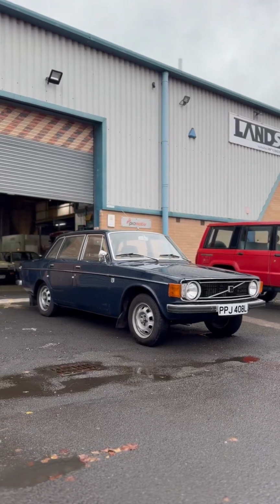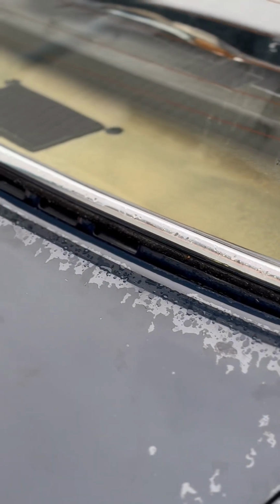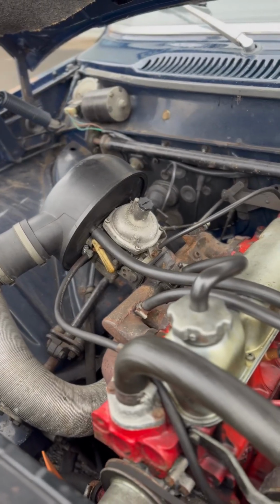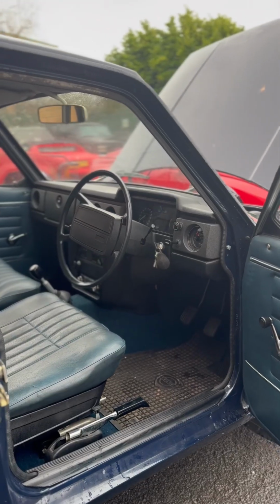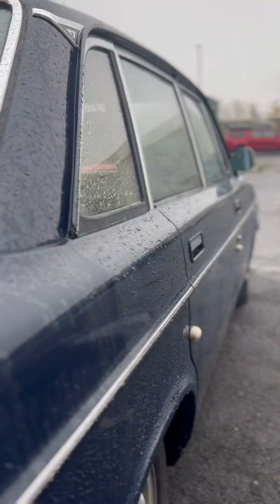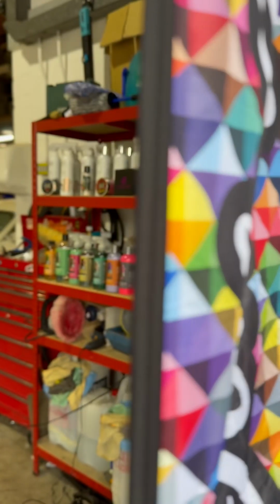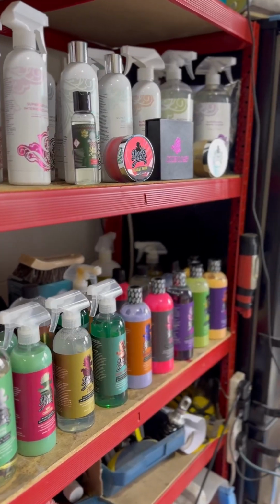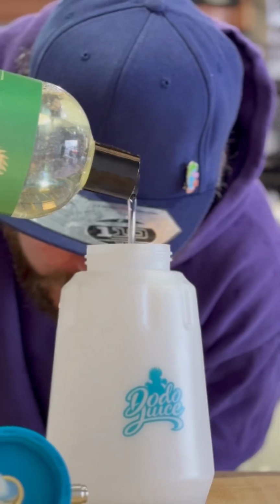Join me and my good friend Darren from Dodo Juice as we go to town on this beautiful one owner from new 1973 barn find Volvo 144. It's an amazing car, it's been loved all of its life, a little bit mouldy there on the inside, but I've rescued it from a garage from a lovely old gentleman who's sadly no longer with us, and today we're going to put it right, get it back to showroom fresh with these amazing Dodo Juice products, starting with Apple